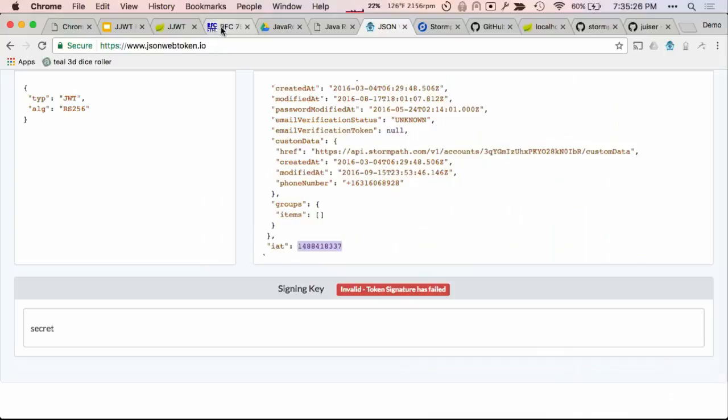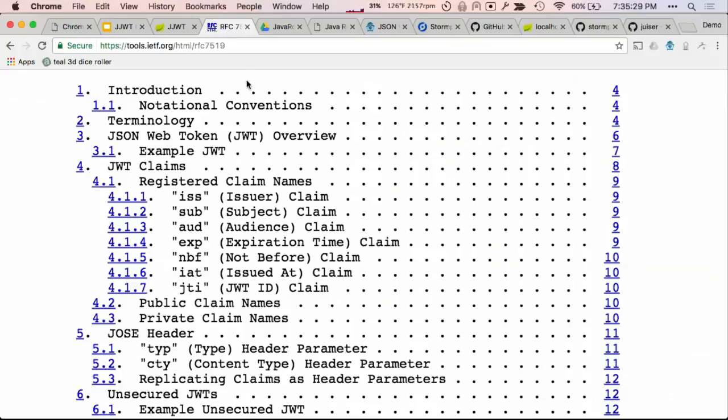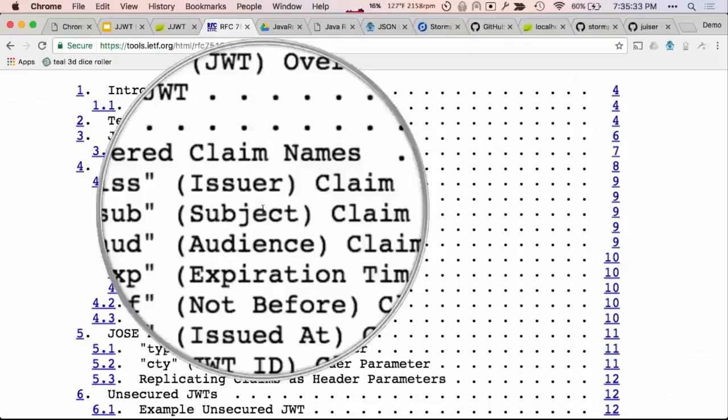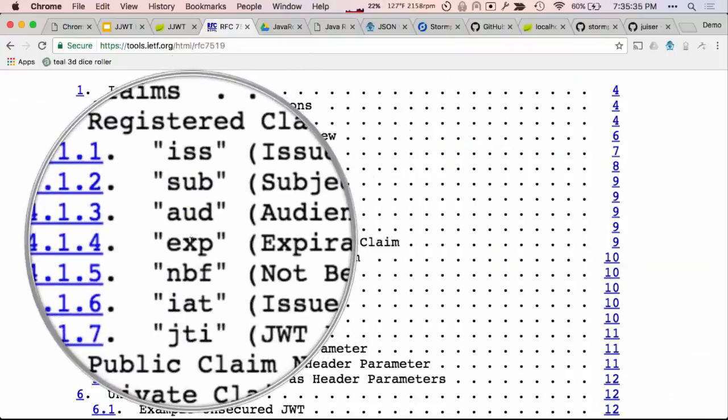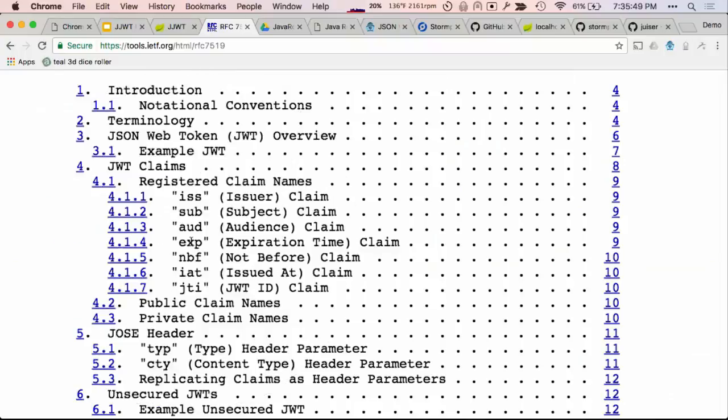So first of all, RFC 7519, that is the JWT specification. There are 7 of these what are called registered claims. These are claims that are essentially keywords, right? You can't use them for alternate purposes, and the specification talks about what their values have to be. In some cases it's going to be an epoch time, in some cases it's going to be a string, but those 7 are kind of reserved.